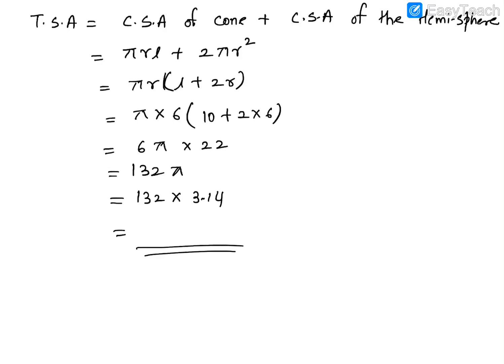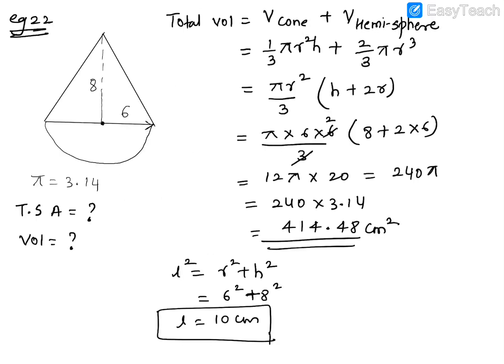This answer out here is 414.48, because in the textbook they have first found the surface area. That's why the answers got interchanged. Whereas this answer is 243, so it should be 720 something. So this answer is given as 753.6 centimeter square. Yes, this problem is also a 3-star problem.